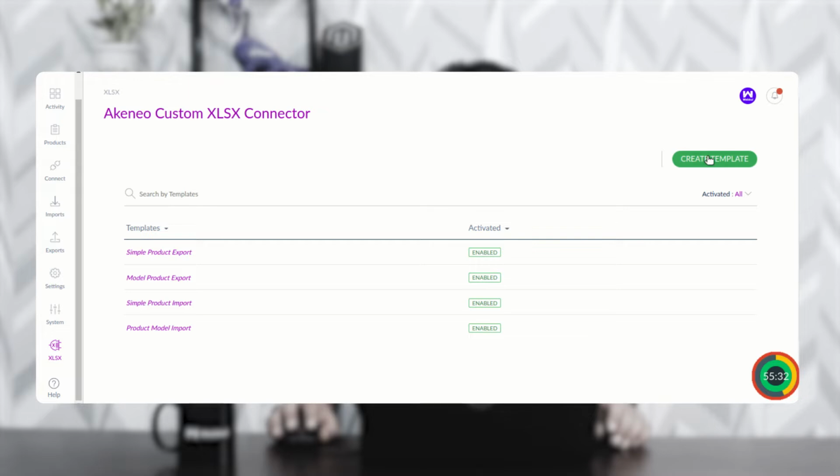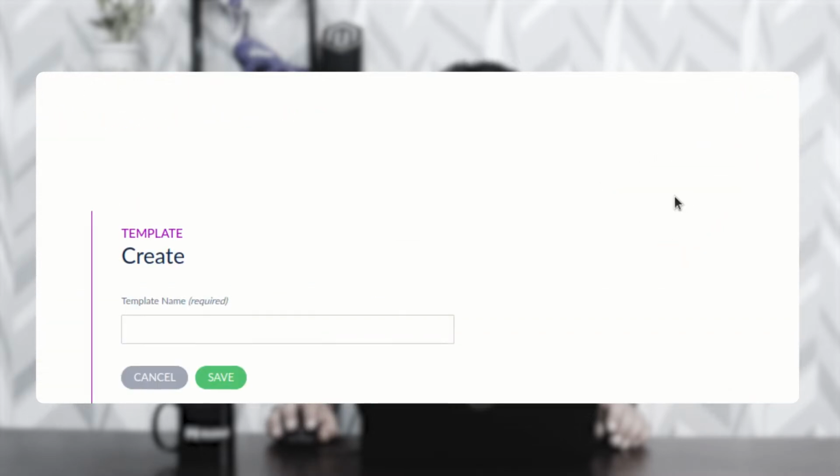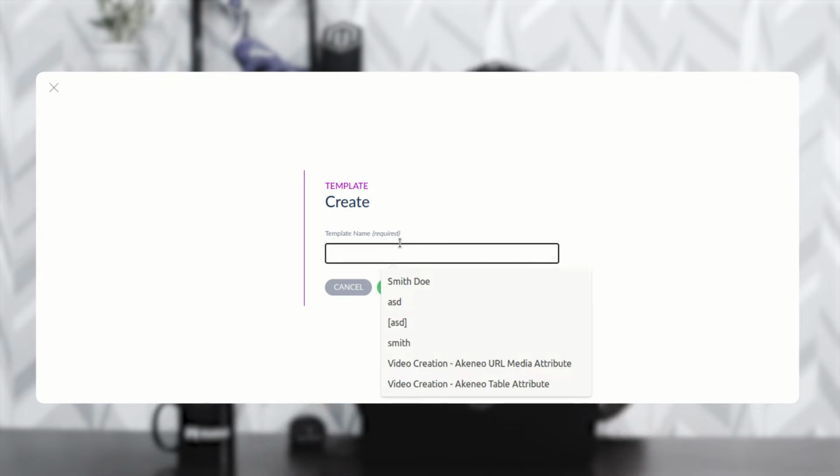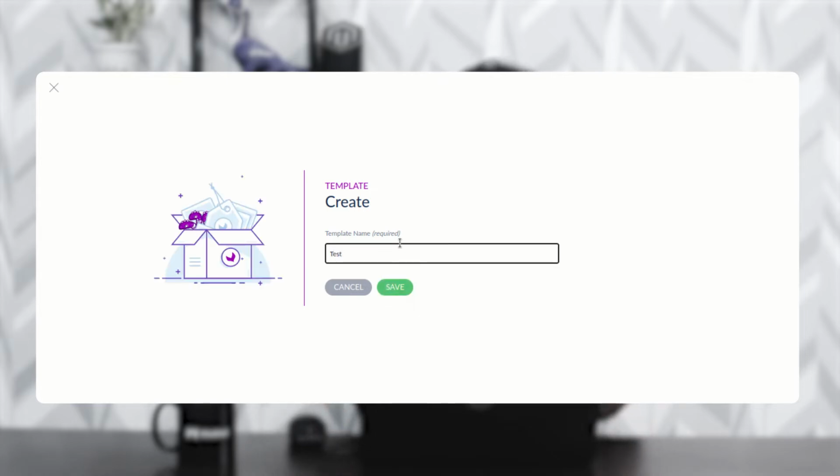So to create a template, I'll be tapping on the create template button that you can see on the right hand side, and then we have to give the template name. Let me give it the name test template for import export. This is just a demonstration of how you can create the template for both the import and export